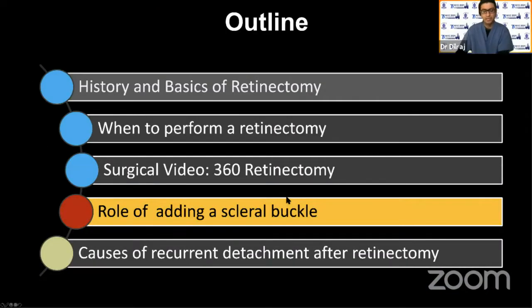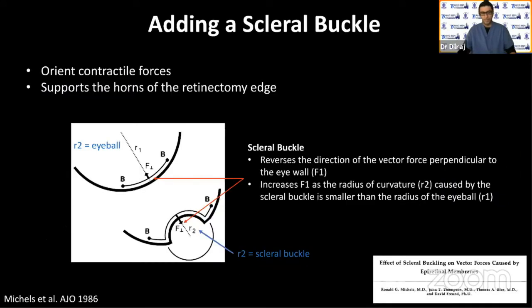What about the role of adding a scleral buckle? Now, this seems counterintuitive because if you're going to cut out a large part of the retina, and this applies to up to 180 degrees of retinectomy, then why add a scleral buckle? Now, there are actually some rationale for adding a scleral buckle to support the horns of the retinectomy edges. So again, this has no relevance in a 360-degree retinectomy, but if you're performing up to 180 degrees, it does